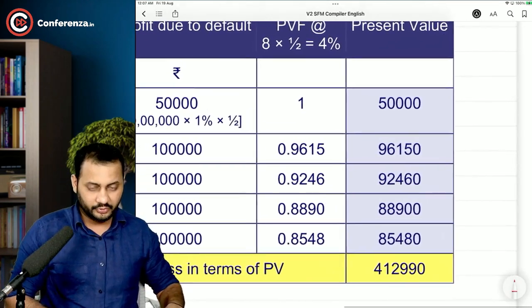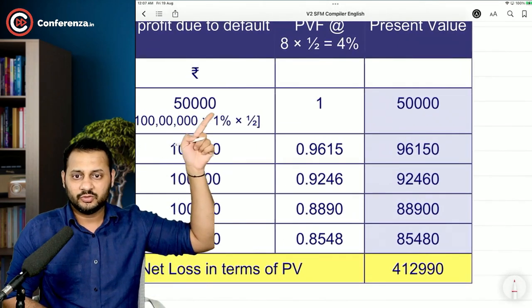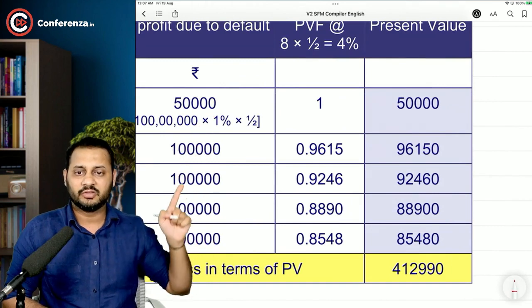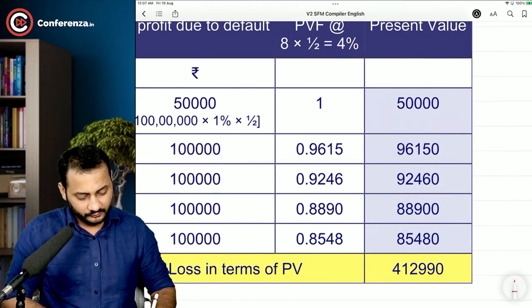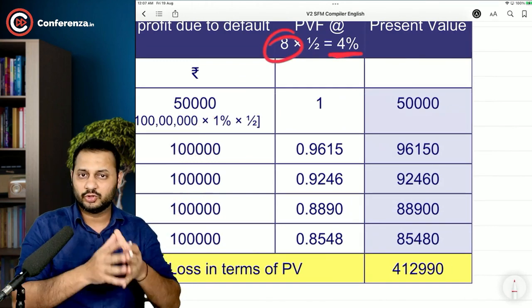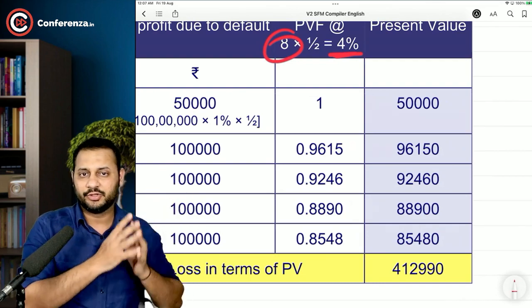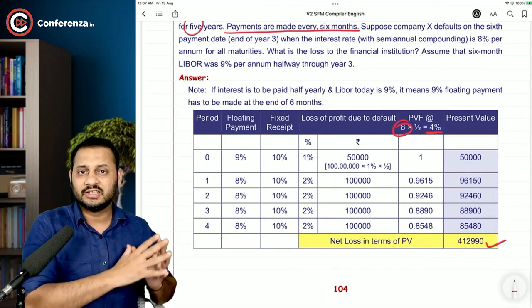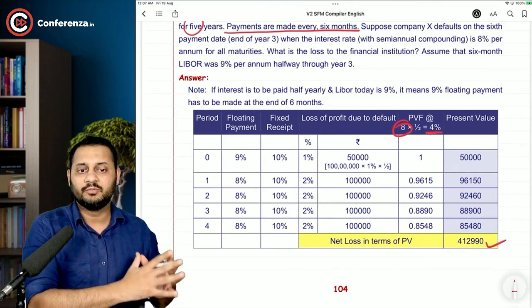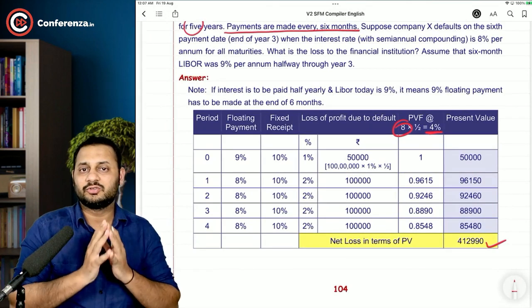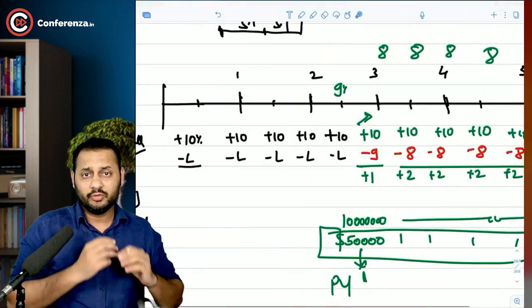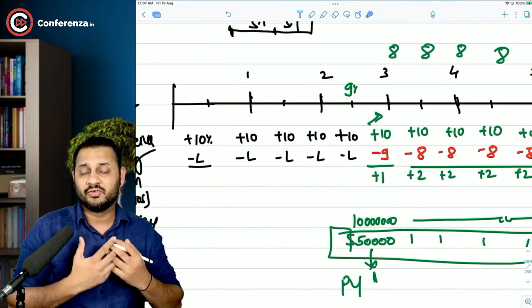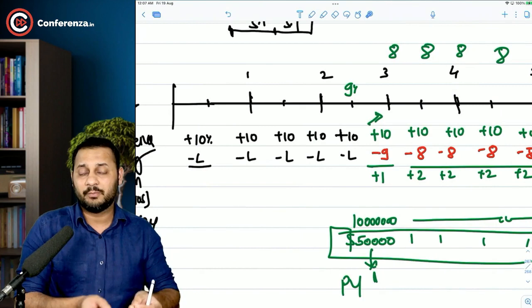Now, what are you going to do? 50,000 is today's value, so that's why it is multiplied by 1. But the rest of the figures you have to discount by 4%, because 8% was the going rate. For 6 months it is going to be 4%. Discount this and you have the present value. So this is the loss in terms of present value. $4,12,990. We would have earned this much, we would have gained this much because of this swap